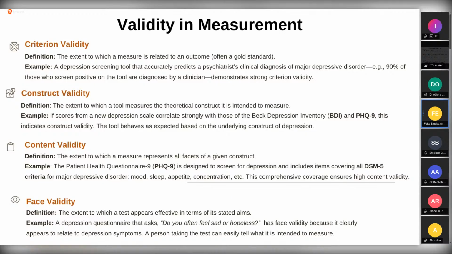It means that whatever tool you have, it depends on what you want to measure. Let's say, like the example I'm giving, the depression screening tool, there are a lot of them out there. But let's assume that you are designing a new one. Whatever response you get in that new one and whatever response you get from the standard one, you are to ensure that both results are almost similar. If the results are not similar, then it means that your tool is not measuring what it says it is measuring. So that's the criterion validity.